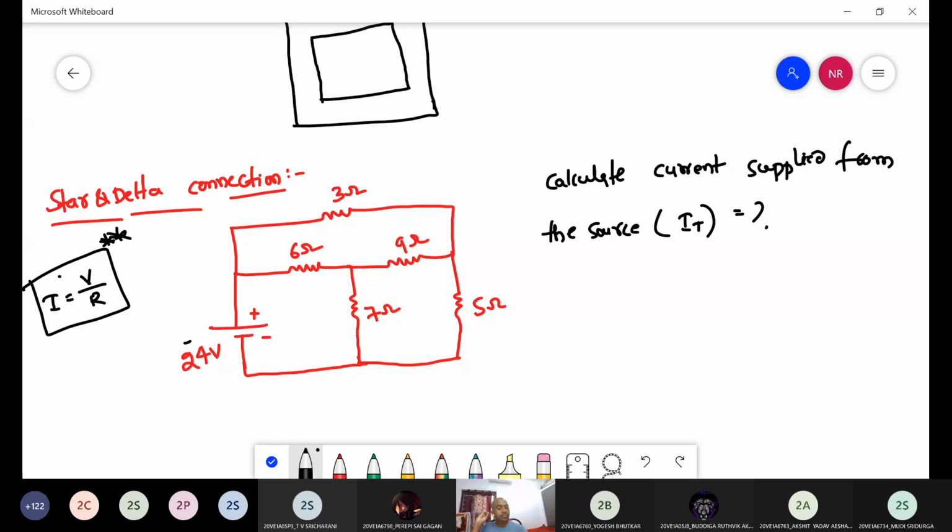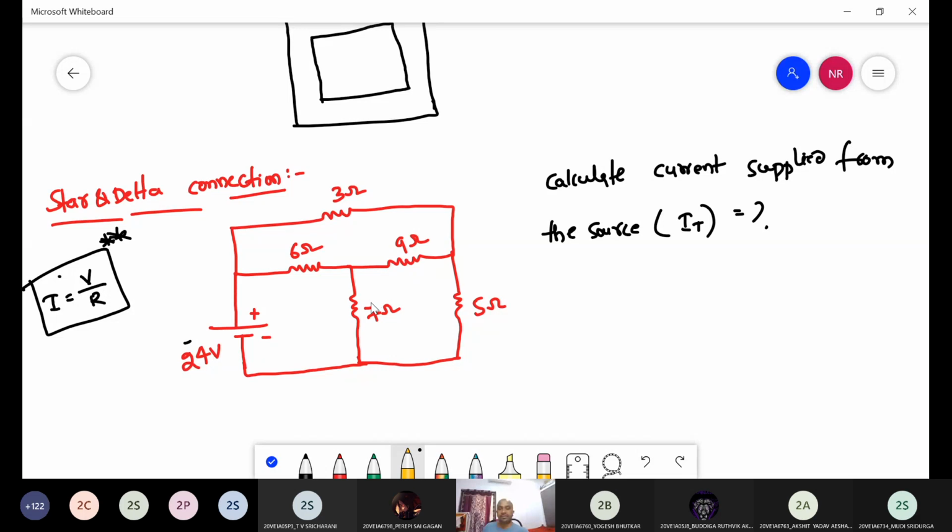We are utilizing this star-delta conversion, from star to delta and delta to star, for simplifying the circuit, not complicating it again. So we have to analyze which network we should consider and can convert. So in this we should be able to assume which element to take and convert so that the circuit simplifies, right? Okay, so here